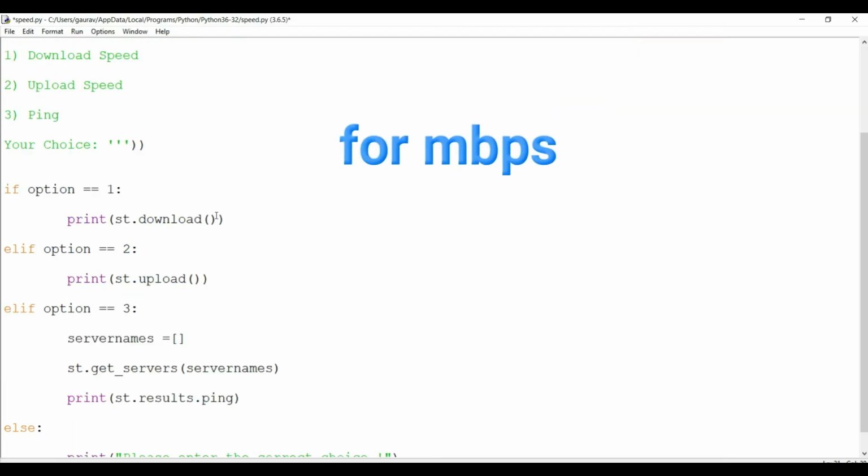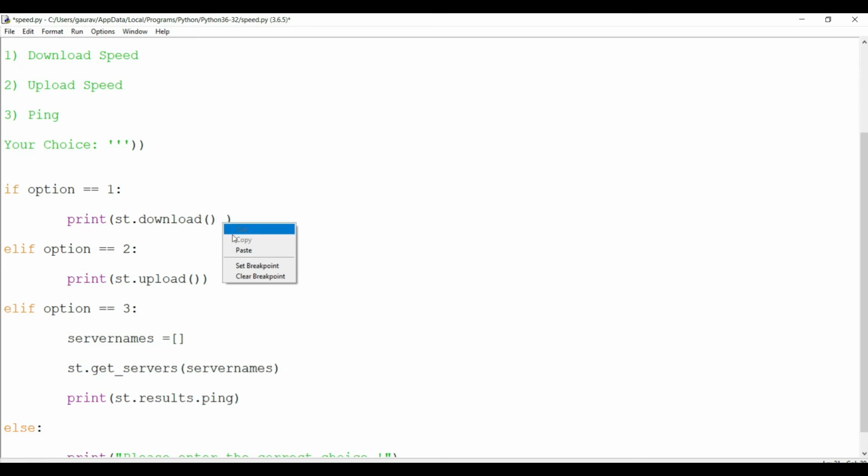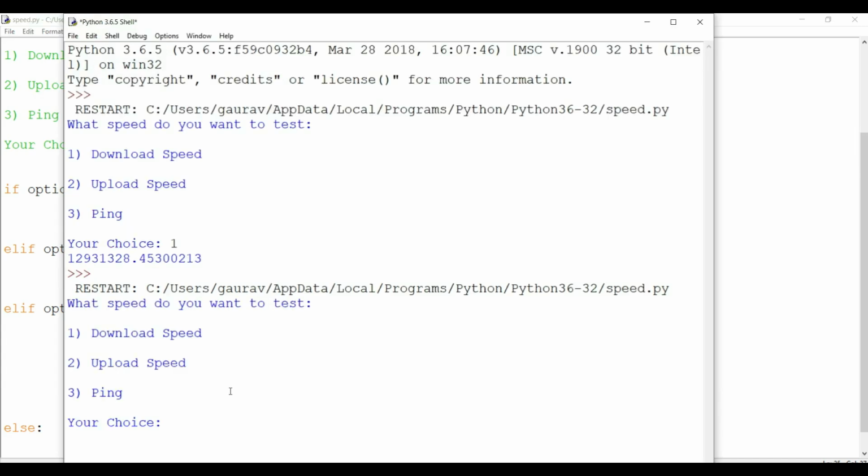So friends, to convert the speed to Mbps, I will divide the download speed by this value, 1025 into 1025. Similarly here, now I will enter the choice 1 again. So friends, the result